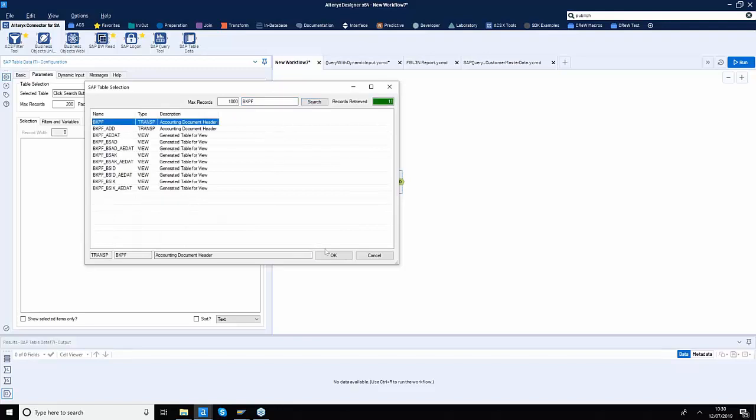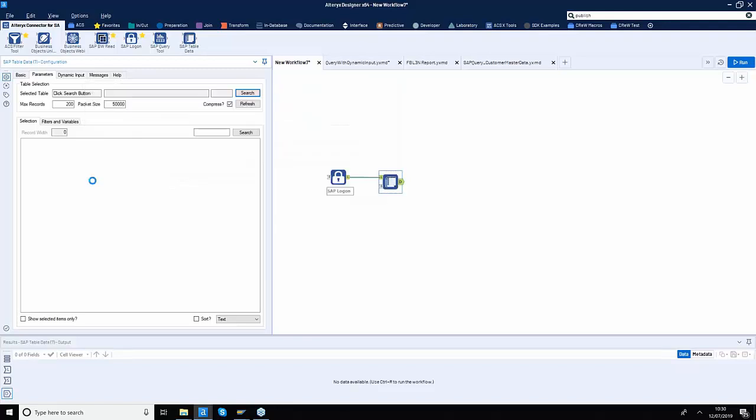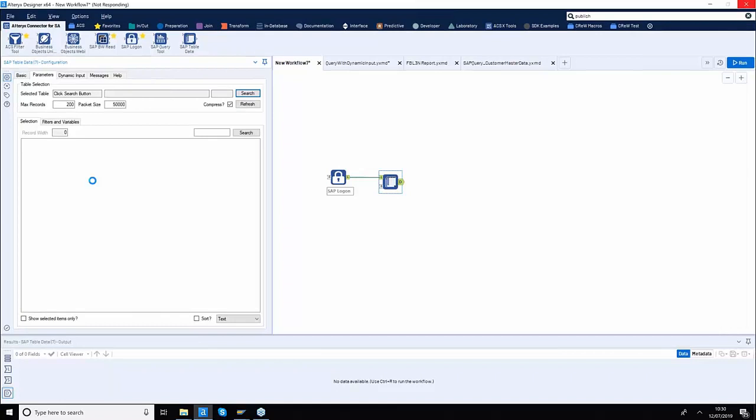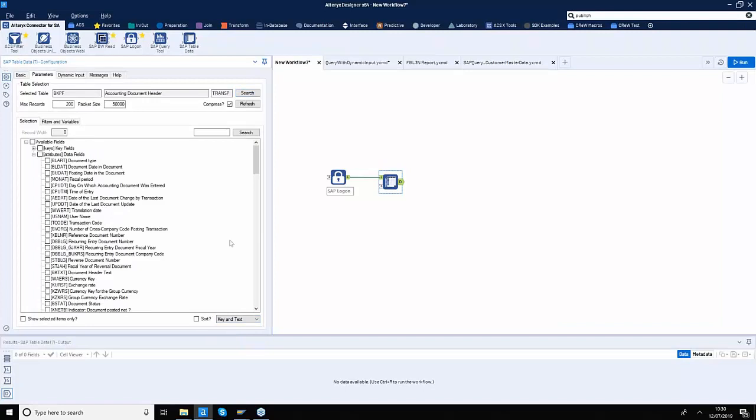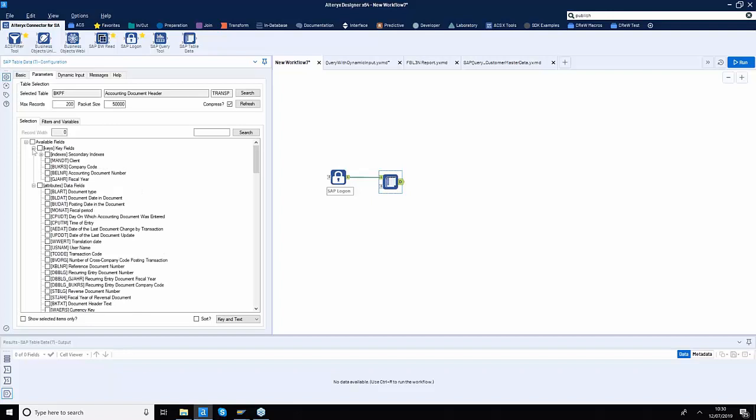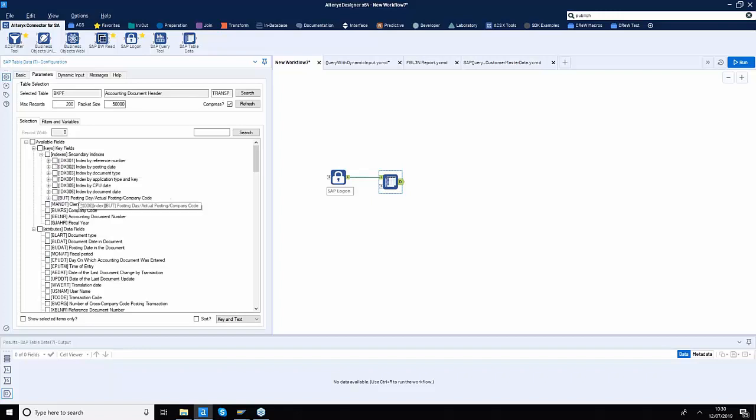get my table back, and against that table now we have all the metadata. That includes your primary key fields as well as your data fields. There we go. So these are the regular fields, as you can see. Let me switch on the key and text so that you can see the technical names. These fields include the standard SAP fields and any custom fields that you might have added on top. In this case, these are the fields that make up the primary key of this table, and we also show you quite transparently the secondary indexes.